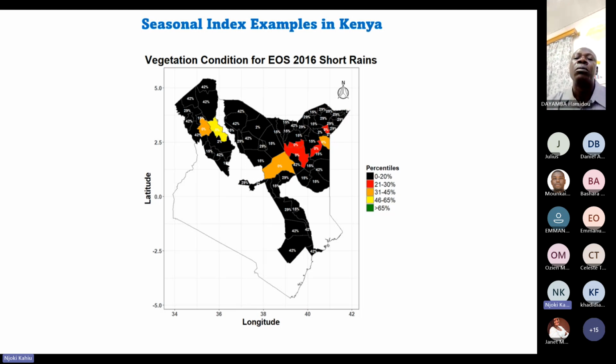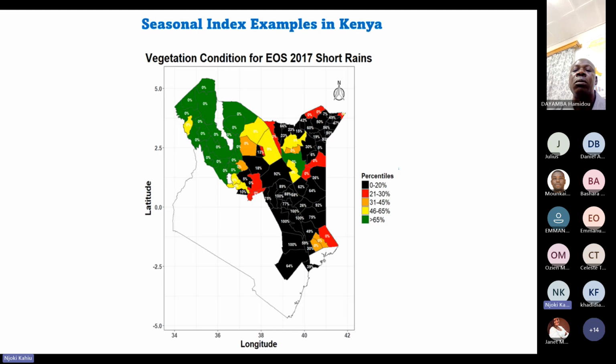For example, this is some work that I've done in Kenya. In 2016, during the short rain season, short rain is October to December, there was very poor performance. Anything in black shows that the vegetation was performing very poorly. Anything in red is bad, but not as bad as black. Anything in orange, we are still not doing okay. The yellows are moderate, but we are still not okay. Whereas anything that is green, we are doing really well in terms of vegetation performance. And